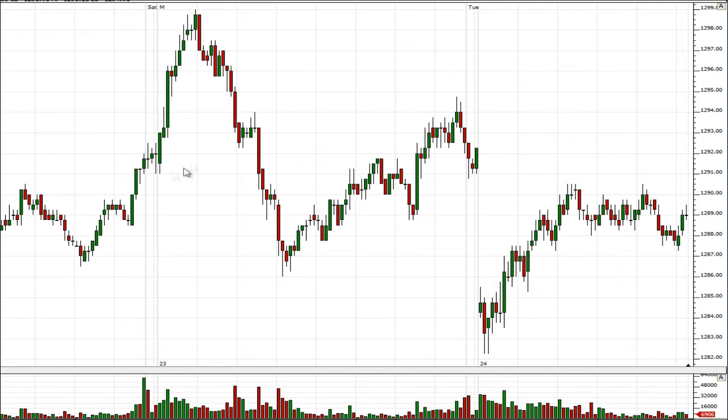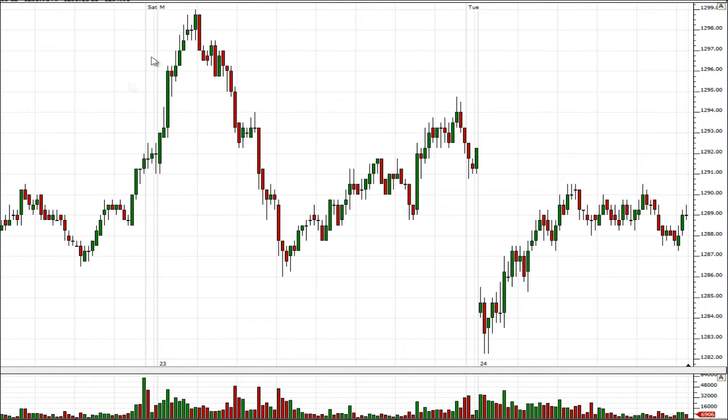So the high was formed in the first hour, and the sellers did the most damage during this day based on how far the market had gone up. In the end, where it closed was right around where it opened, so not much headway either way. But it just helps to know what happened with regards to this first hour. And the key thing about this first hour here, right? And this is a very important statistic to take note of.